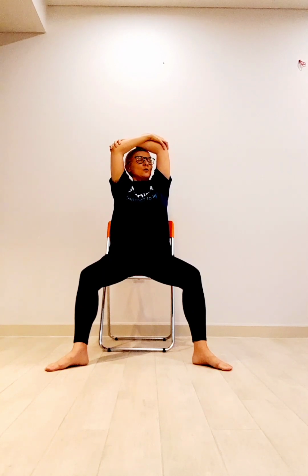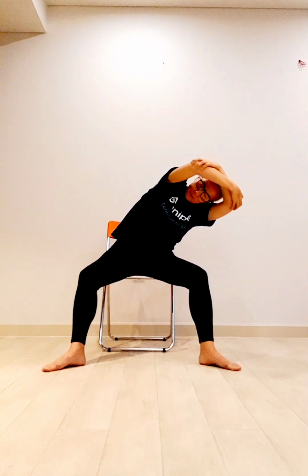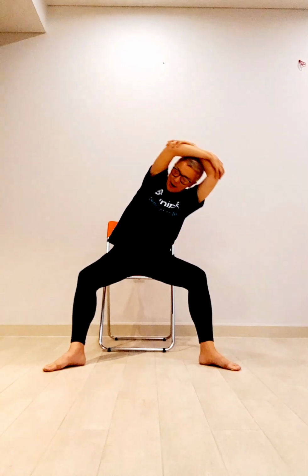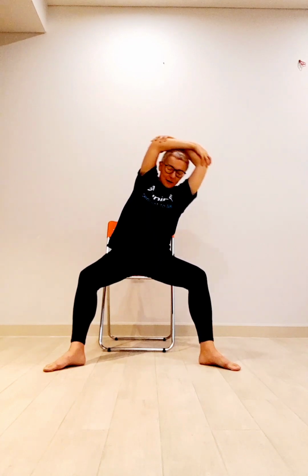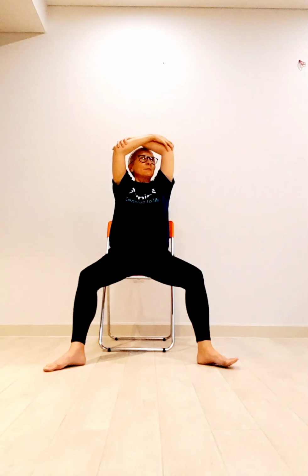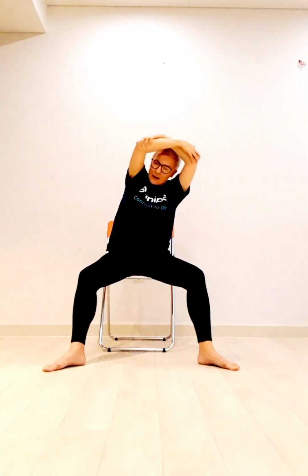Whether you are here or hands on the shoulders, we're going to start bouncing a few times towards one of the legs. Now let's make sure that if you have your arms above your head, they are not in front of your face. If the arms are in front of your face, it's probably a little too early to get to that position. Don't feel bad if your hands are on your shoulders. We want to do this most harmoniously for our shoulder joints. And last time here,